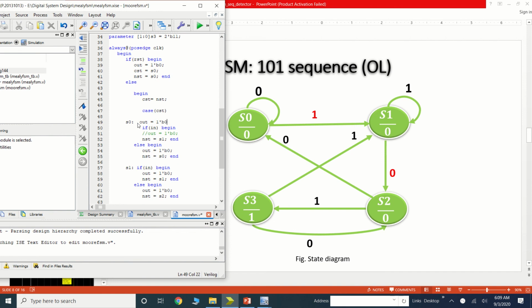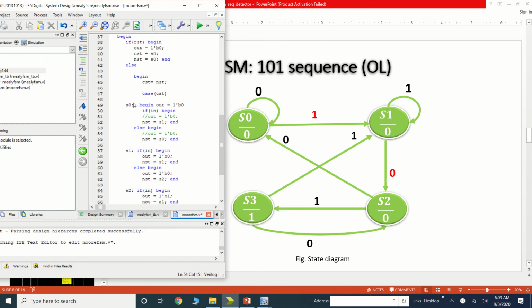Again, no need to mention it inside, because in the Moore machine our output depends on the state only. The same way here I am commenting this, and here in the state S1, what is my output? The output is again 0. You can see in the state diagram on the right hand side, and the same I am mentioning here.